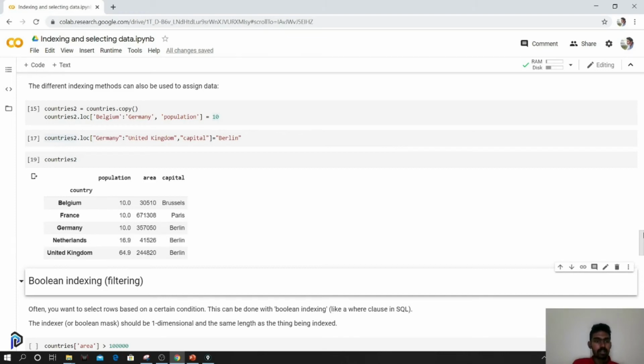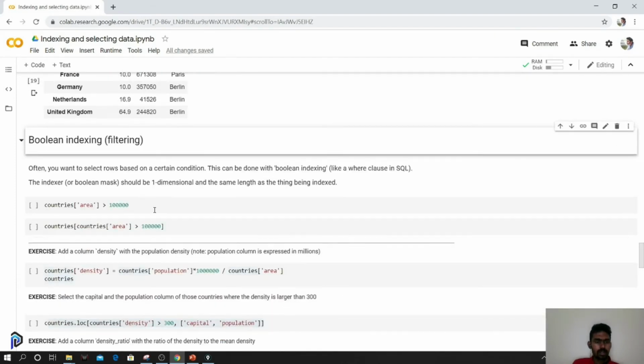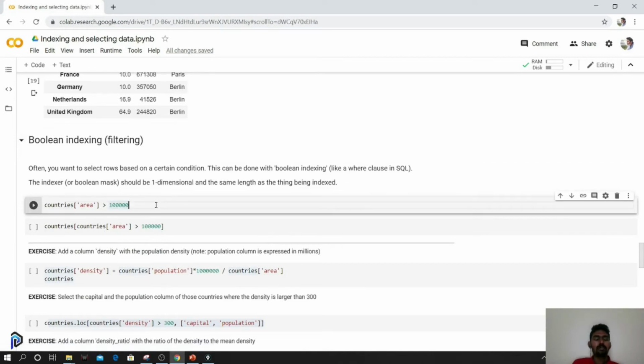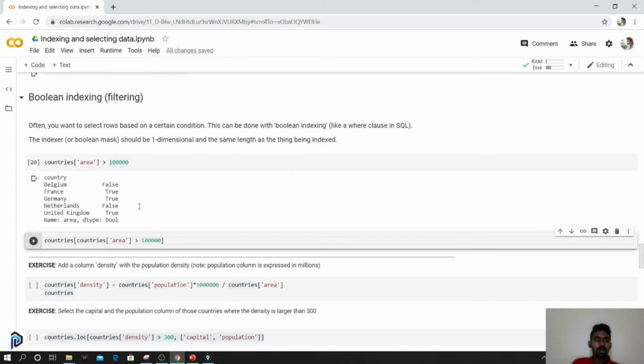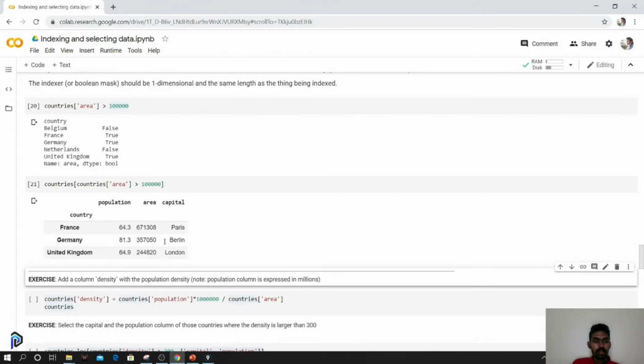So this is one way of accessing it. Next is one important thing. We want to select a particular part of data which obeys a particular condition. Like in SQL, we use queries. So we query all the countries who have area more than 100. This kind of query will give a Boolean output, where it gives true to all the rows which accept that condition and false to other rows. I can use this value to select the particular rows in the entire data frame. So only the rows which are true are printed over here.